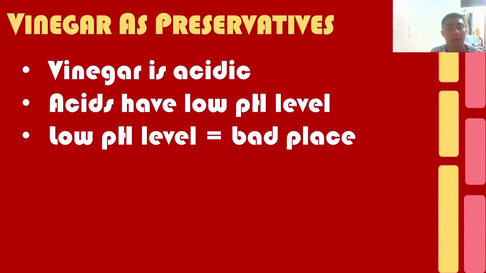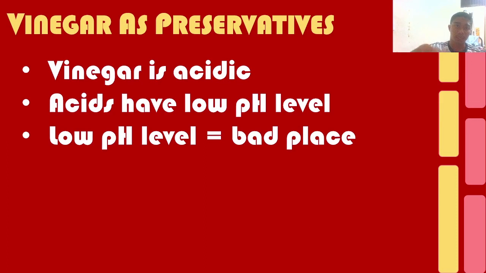Now moving on to our third and last example, which is vinegar as a preservative. It is very common knowledge that vinegar is very acidic. That's why it tastes and smells very weird. Acids come with a low pH level, which is below 7. Once we add this very acidic vinegar to certain foods, in this case pickles,